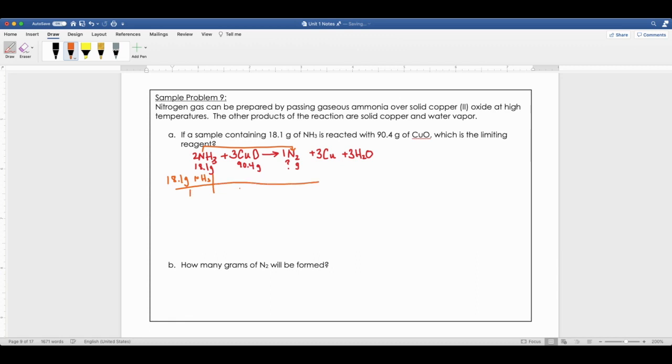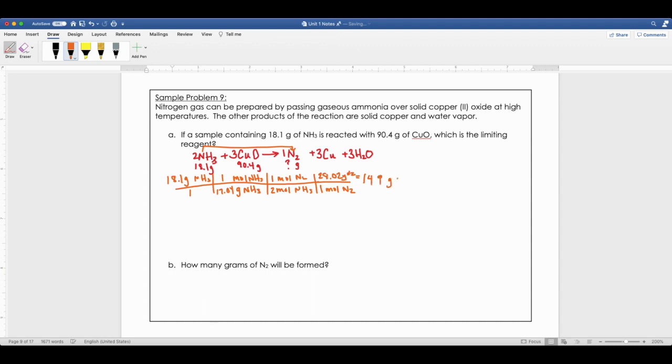And the mass of ammonia is going to come here. 2 moles of ammonia, 1 mole is 17.04 grams. Let's use that balanced mole ratio. So it looks like 2 moles of ammonia can produce 1 mole of nitrogen. And then 1 mole of nitrogen has a mass of 28.02 grams of N2. And if you solve for that, you should get